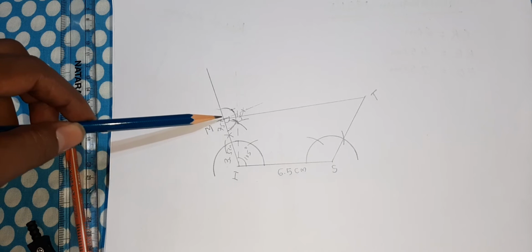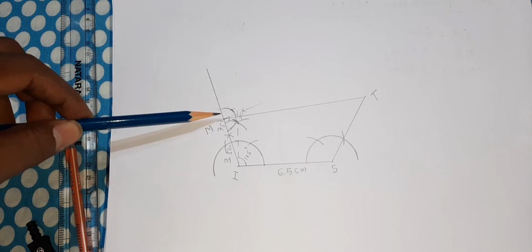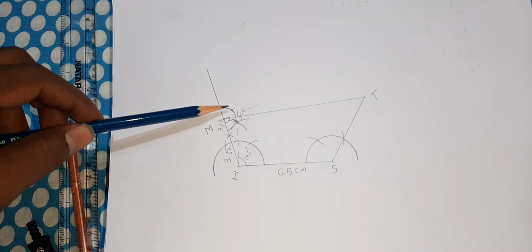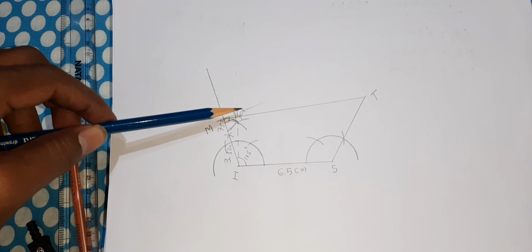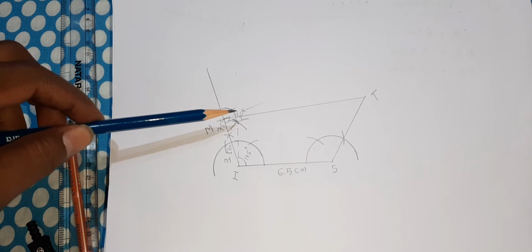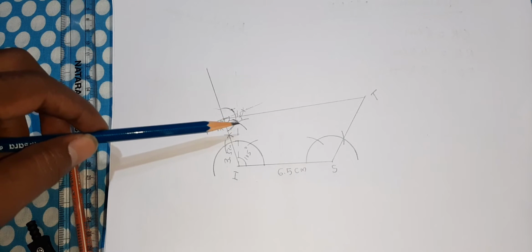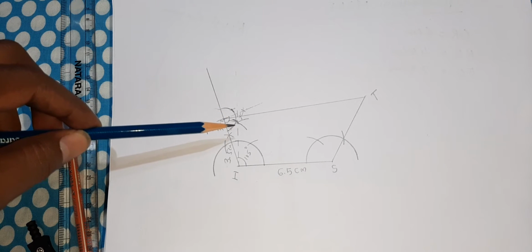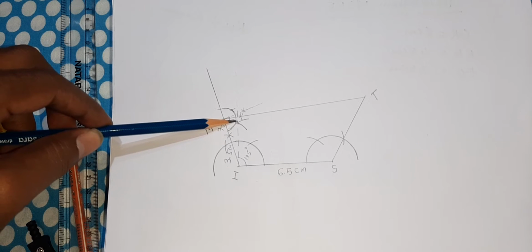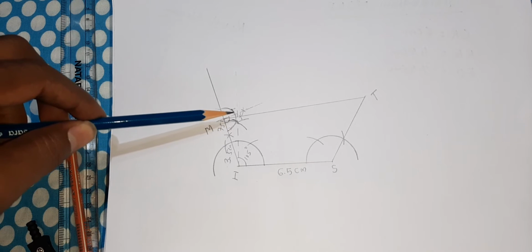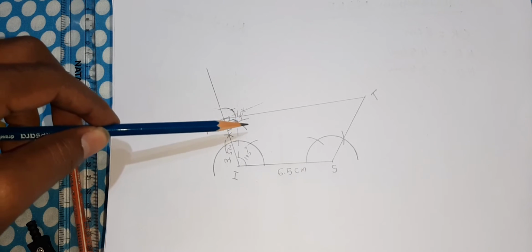Now at M also we need to construct 75 degrees. So same thing, you can draw 60 degrees first, 60 and 120, 90. Then the angle between 90 and 60, exactly middle, that is the bisector, is 75 degrees. Clear, children? So the 75 is between 90 and 60, exactly the middle. So this is 60 and this is 90, right? In between those two, you can take more than half of the length, then draw the 75 degrees.